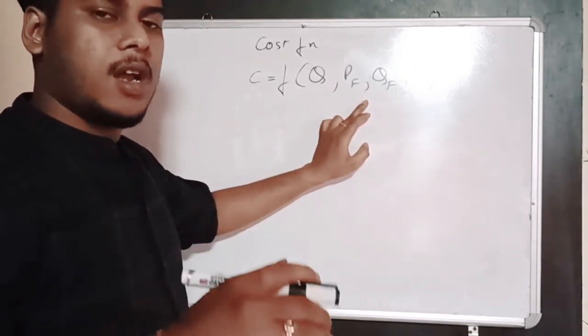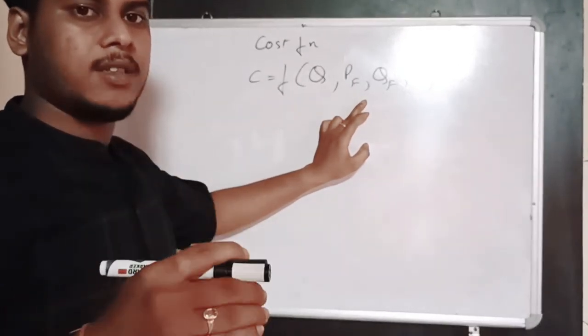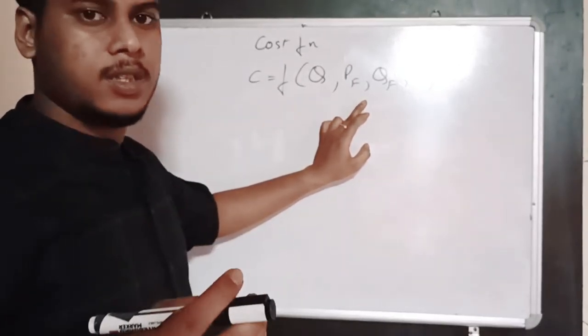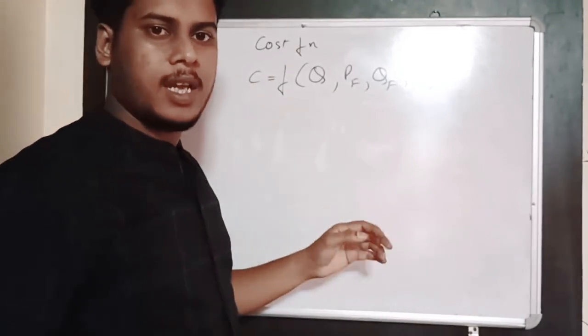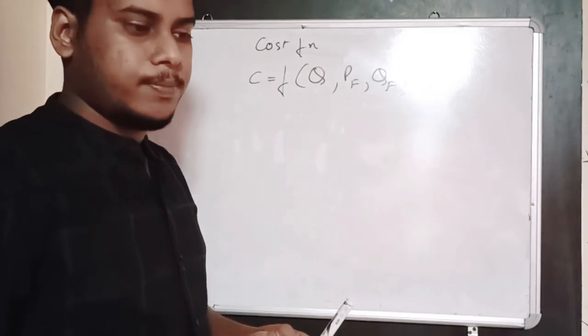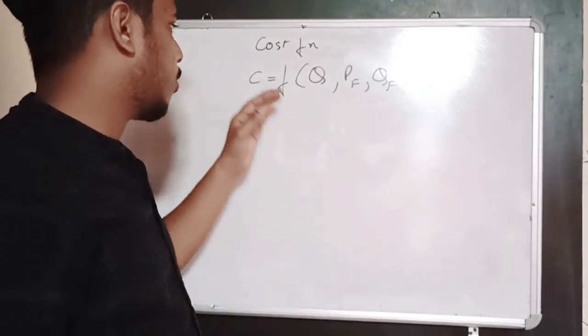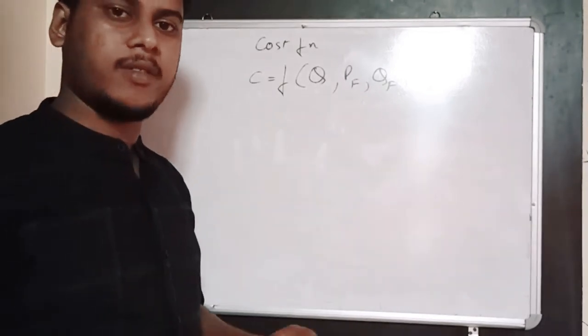If these are at a very high level, if the price of labor, if the price of capital is very high, your cost of production will be high, and vice versa. Quantity of factor used, if you are using huge amount of labor and capital, then your cost of production is likely to be very high, and vice versa.